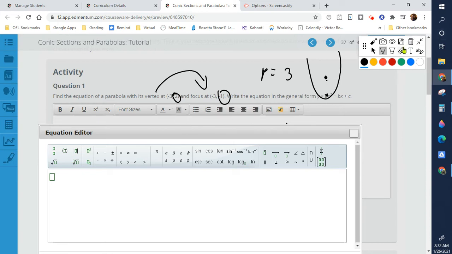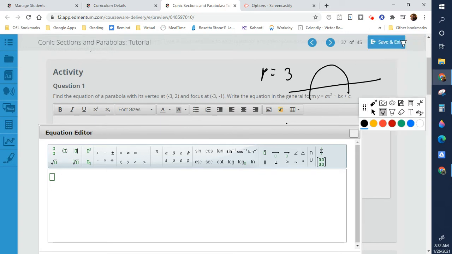So technically I drew this wrong. If I'm looking at the focus and the vertex, I see that I'm at -3 and +2, and then my focus is down here somewhere. So it's an upside down parabola, but either way, this is a parabola we're used to,